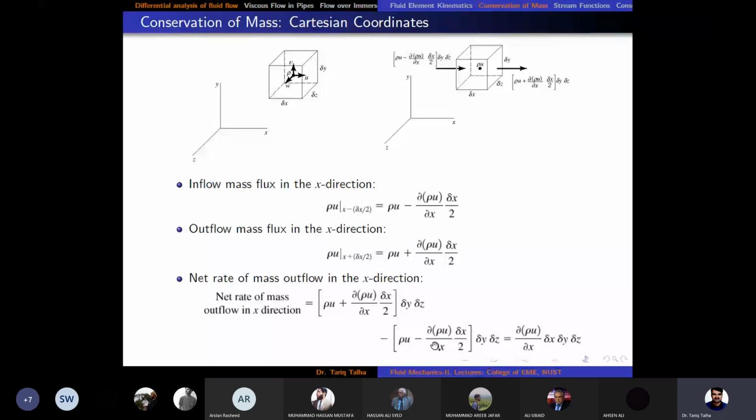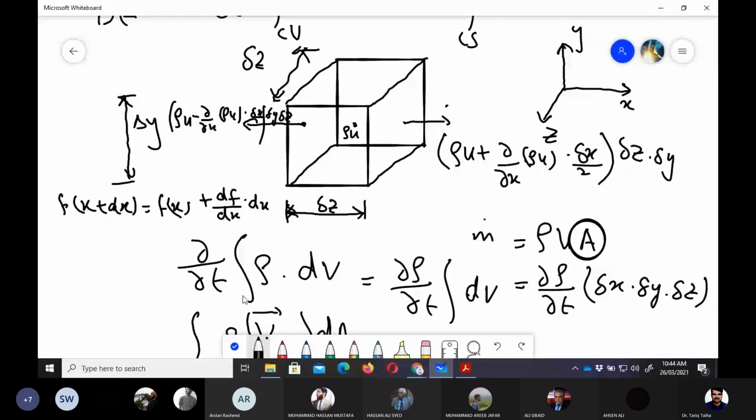And then if we do the simplification, we can easily see that rho u would be cancelled out with rho u, and then here we have del x by 2 into this quantity, and the same quantity is here. So minus into minus is plus. If we add del x by 2 plus del x by 2, it becomes del x, and del y del z is the surface area through which the mass is going out in the x direction. So that is the net rate of mass flow in the x direction. So if we write that here,